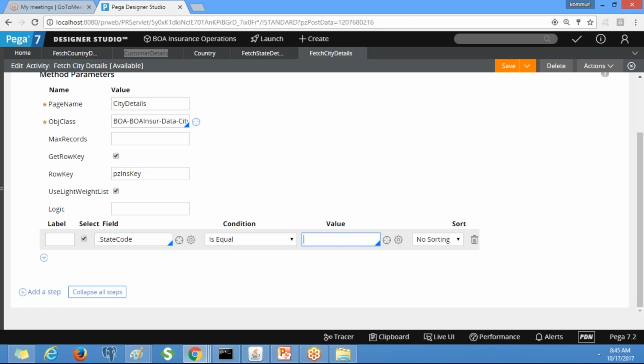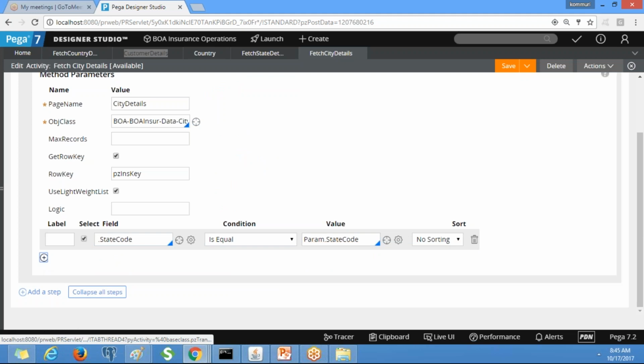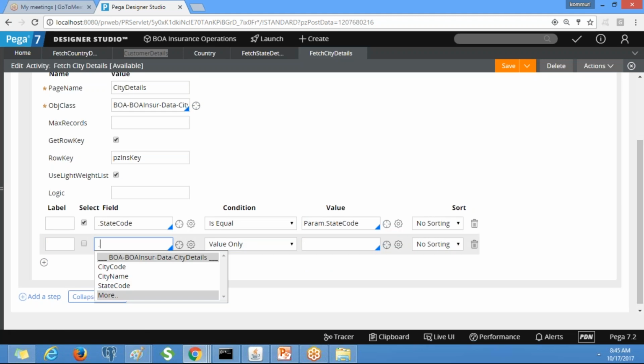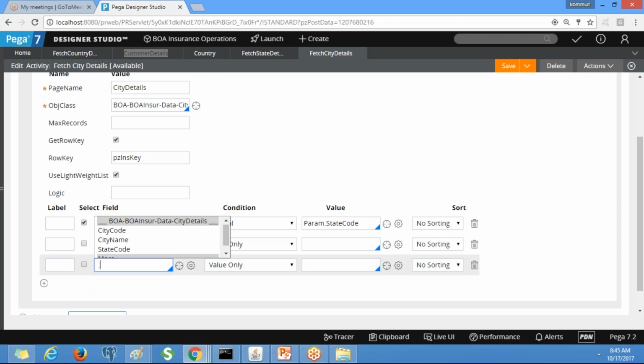It is equal to param dot state code. Then city code, city name.